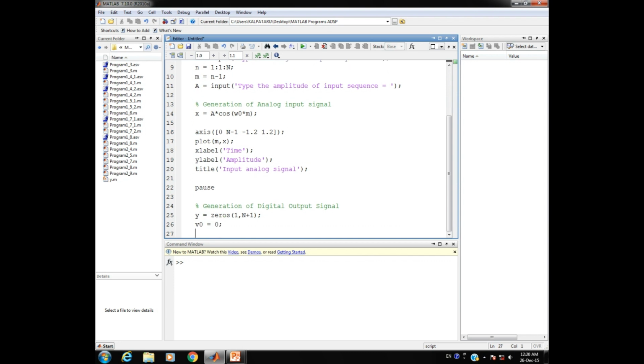Then for generating the digital output signal as per the sigma delta A to D conversion operation, we are here making the use of for loop here. So here we are writing the for as a keyword, and here for loop should be for the value of the parameter k that is started at 2 with the interval of 1 up to capital N plus 1 here.